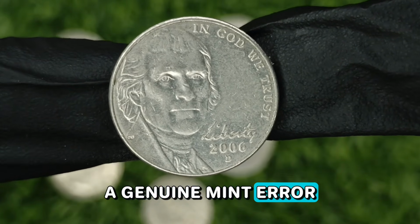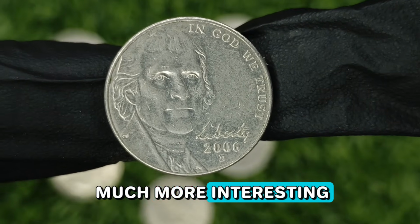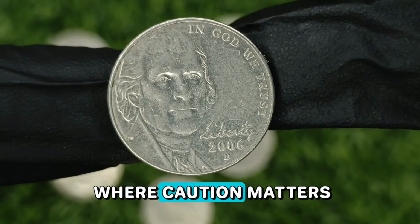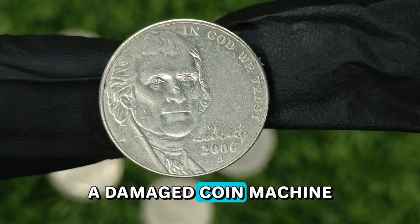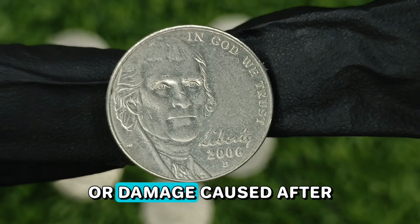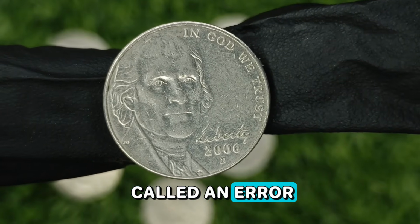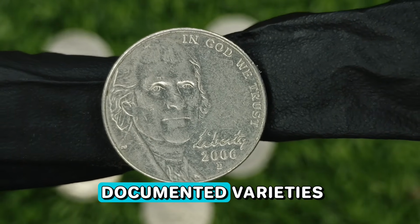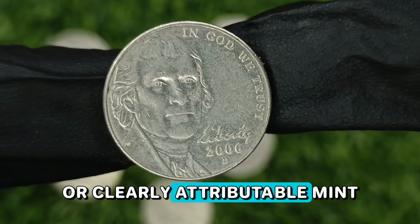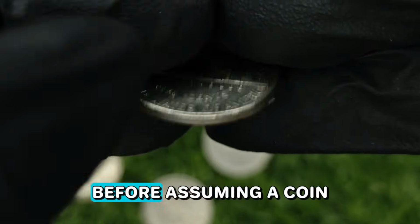A genuine mint error can transform an otherwise common modern nickel into something much more interesting, but this is exactly where caution matters. A damaged coin, machine doubling, scratches, plating discoloration, or damage caused after leaving the mint should not automatically be called an error. Collectors should look for documented varieties or clearly attributable mint-made mistakes and compare them with recognized references before assuming a